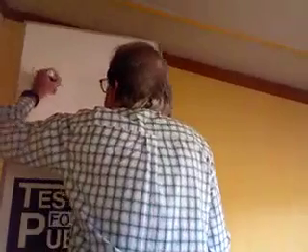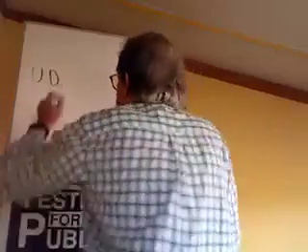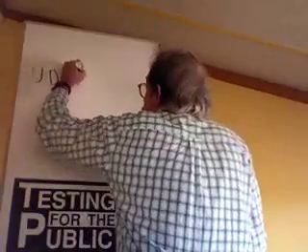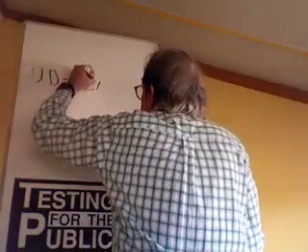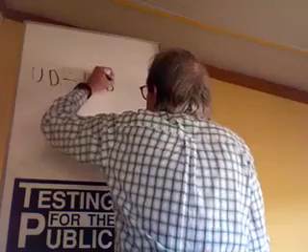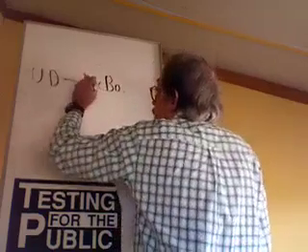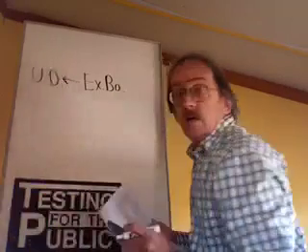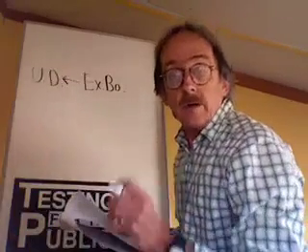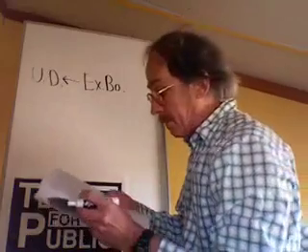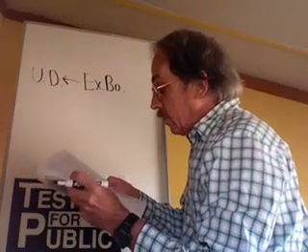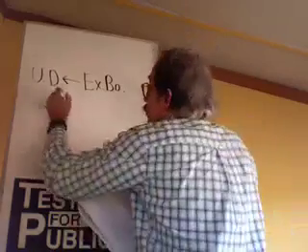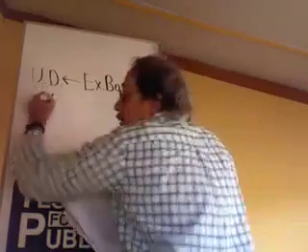It says an undergraduate degree is necessary for appointment to the executive board. So that means if you're on the executive board, you have to have an undergraduate degree because an undergraduate degree is required for appointment to the executive board. And no one with a felony conviction can be appointed to the board. Aren't you reassured?